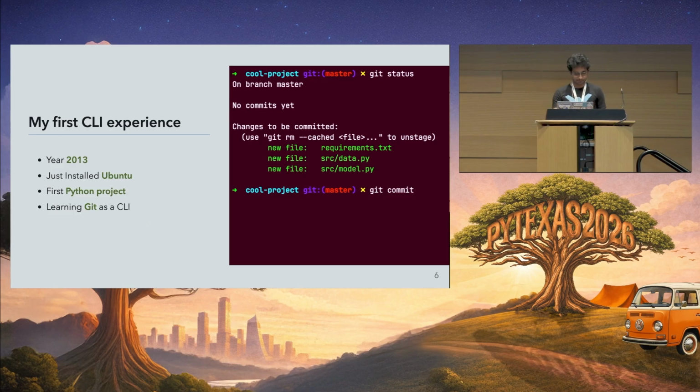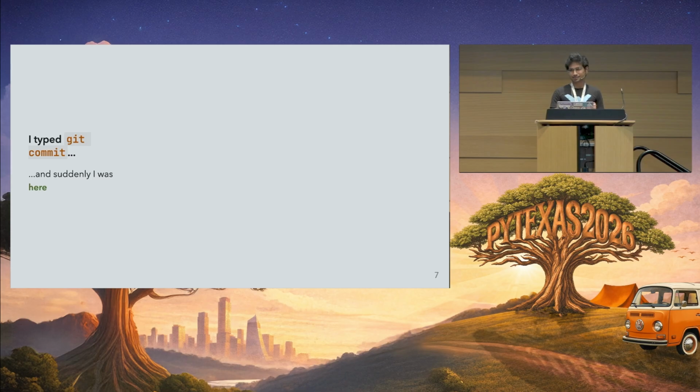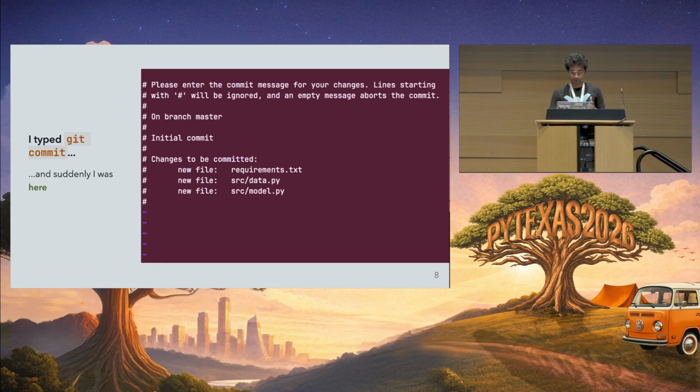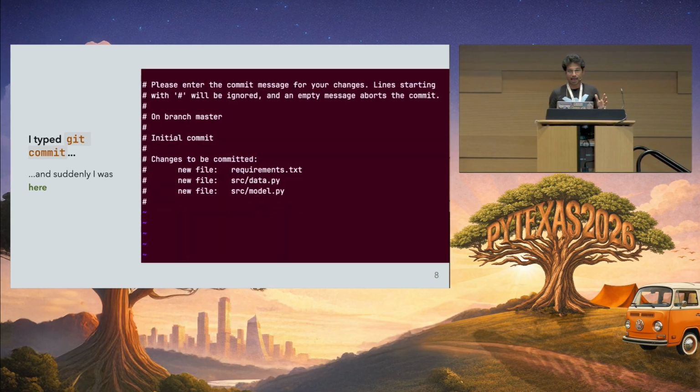I did git status, so everything is great. And by mistake, I did not write git commit -m, okay? So I just did a git commit, and suddenly it took me to here, okay? And I didn't know what was going on here, right? So I pressed some keys. This was basically the full editor. I pressed some keys, and no save button, no exit. I'm like, what is this? There is not even something written on how to save this, right?